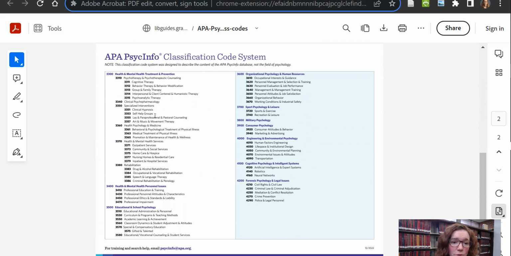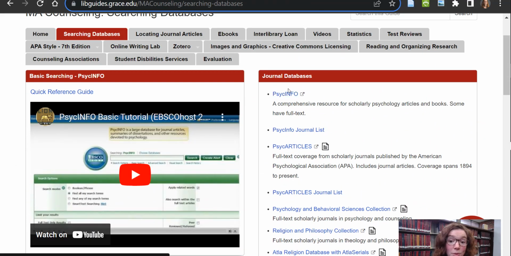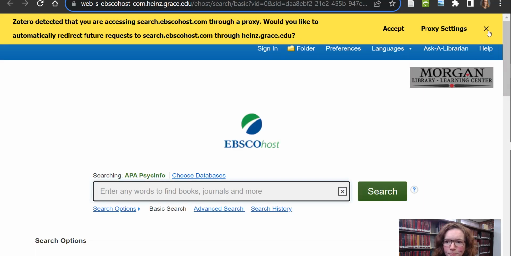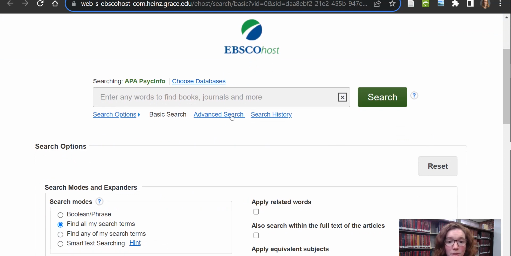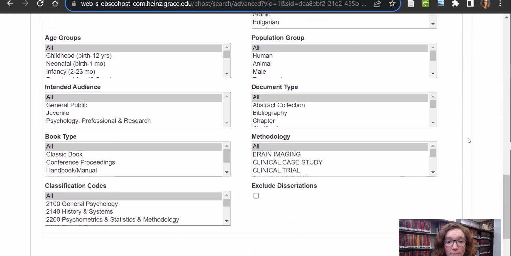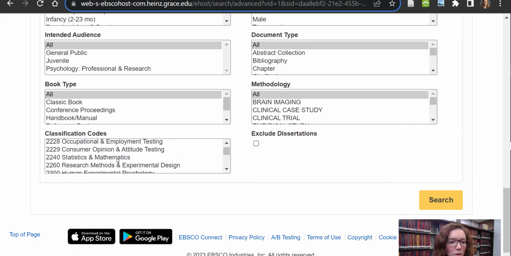So I'm going to concentrate on this area here with a few examples of how you can use these codes when doing searching in PsycInfo. Next, I'm going to open the PsycInfo database, and I'm going to conduct an advanced search. From the advanced search, I can scroll down through these many options and get to classification codes at the bottom. This list is one that you can scroll through, you can browse,